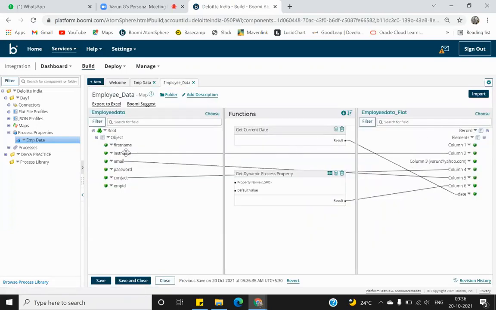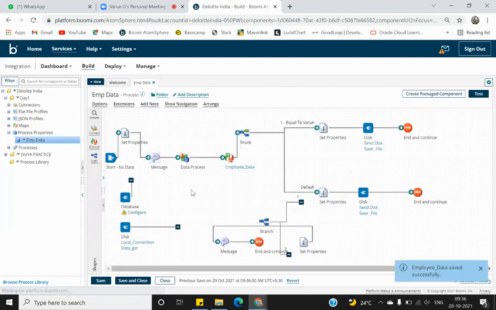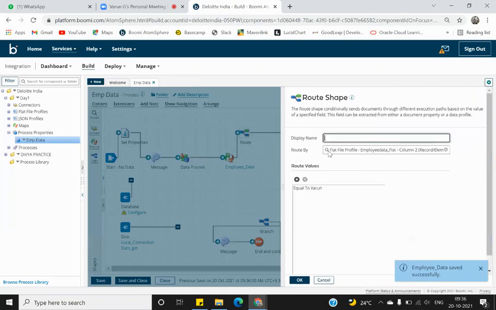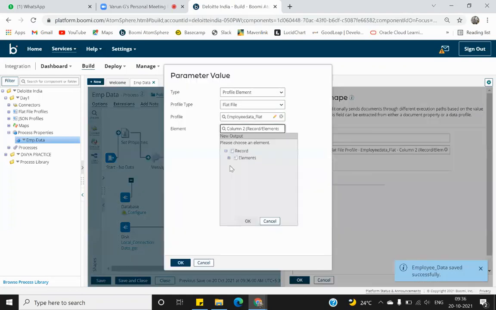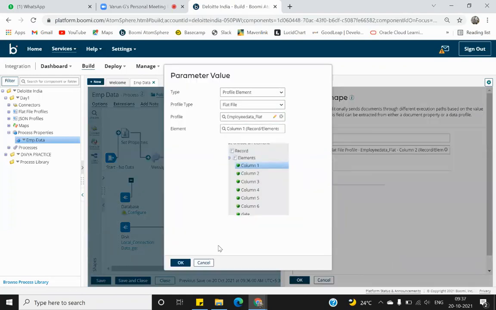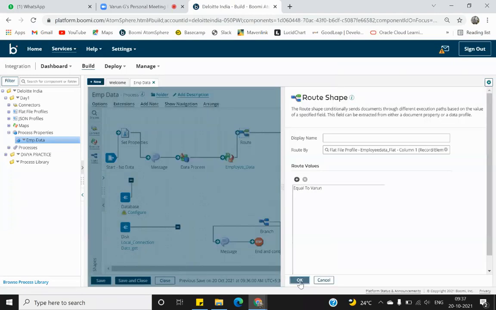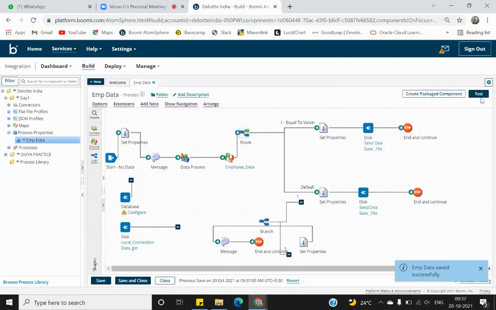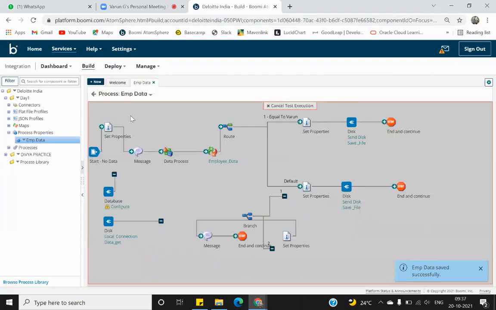Now suppose I put my first name to column 1. I configure my route shape to column 1. I click on OK. I run this.